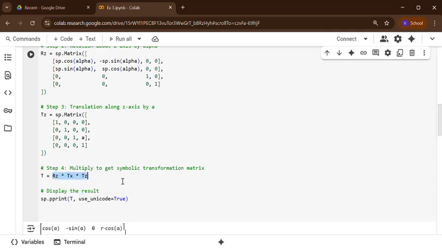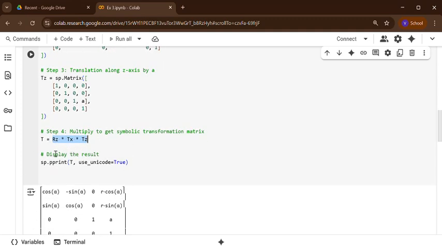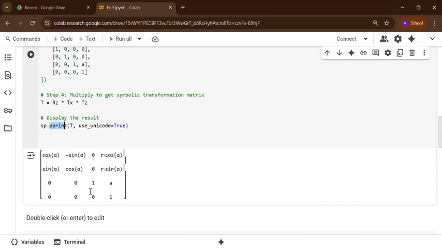You should not change this order. Then accordingly, this P print is called pretty print. Your output will be like this line. Then use Unicode, otherwise it will be in a different format. For that purpose, this is for presentation. So if you want, you can display, and the display will be like this. If you multiply all these, this is the transformation matrix for a cylindrical robot.